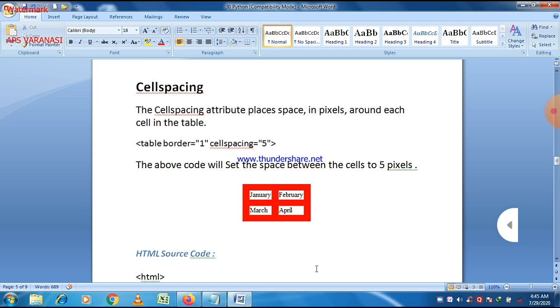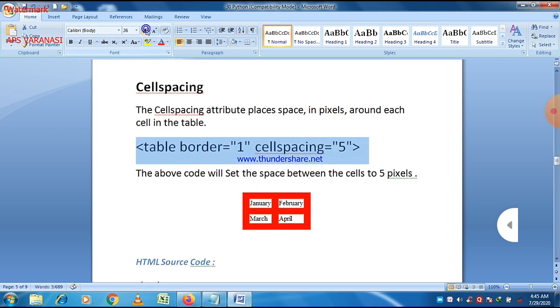As the name suggests, space between different cells. So we can manage space between different cells in a table also. It is basically done by the cell spacing attribute, and as you see, that is the syntax of the cell spacing attribute. Just write table, the name of the tag, and then after it the attribute name. Here there is one more attribute named border. If you want to put a border in your table, then just write the border attribute. Otherwise by default it is 0. It means the border is not visible at all.